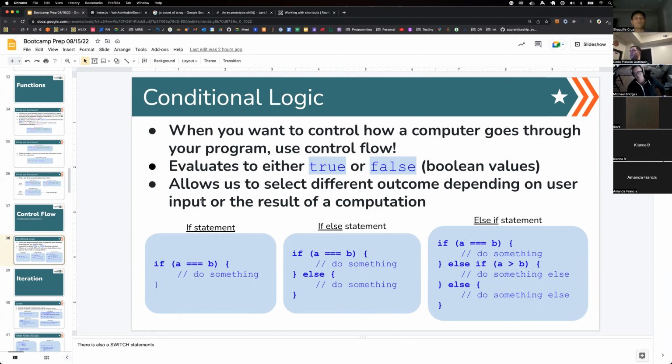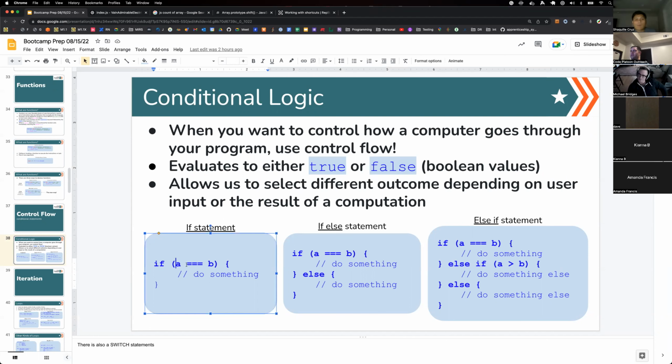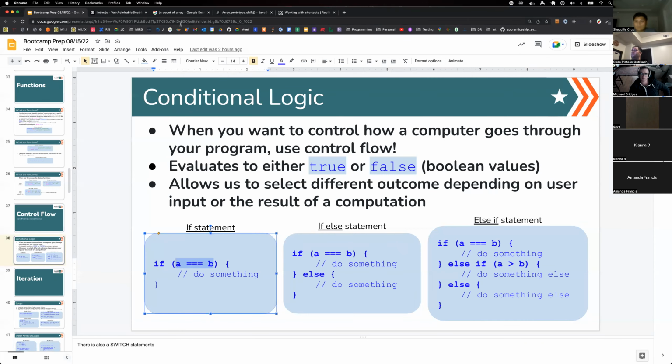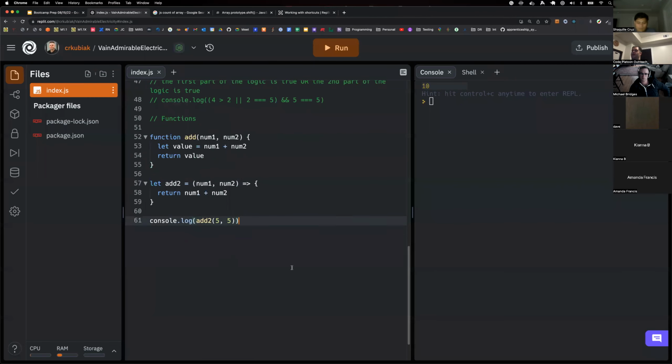What this is doing is we're going to start using our comparative logic to tell the computer to perform one set of instructions or a different set of instructions based on the information that is presented to it, right? An if statement is the most basic. So let me do this. So I can say,